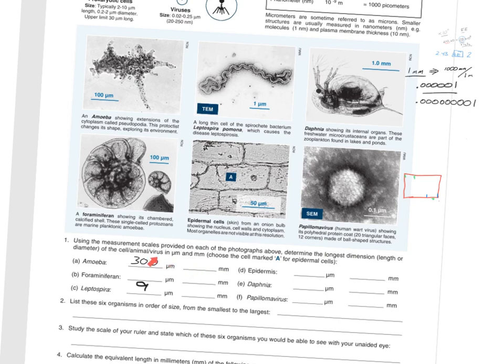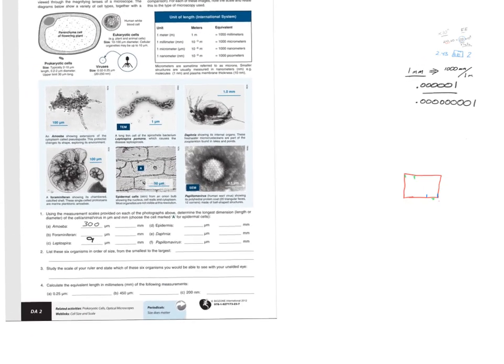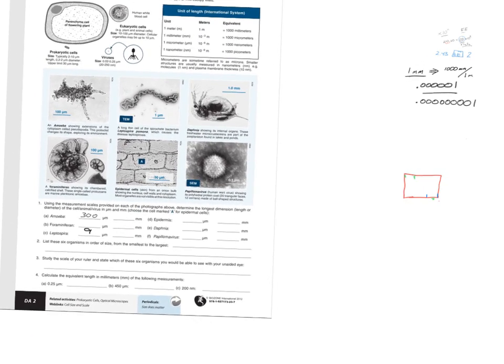How do you convert these 300 micrometers to millimeters? We're going to use something called the factor label method. It is a standard method in physics and chemistry. It is necessary for you to learn this so that you're capable of converting any measurement into any other unit that you need to solve a problem. So when we have 300 micrometers,